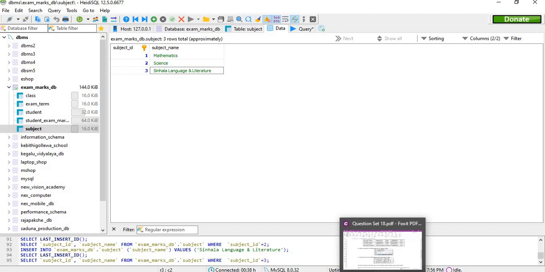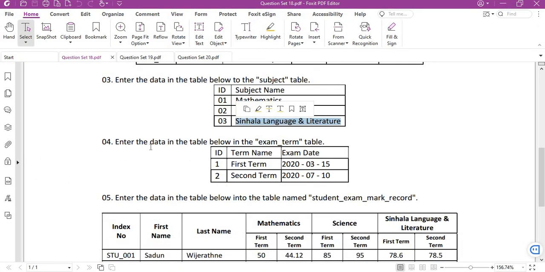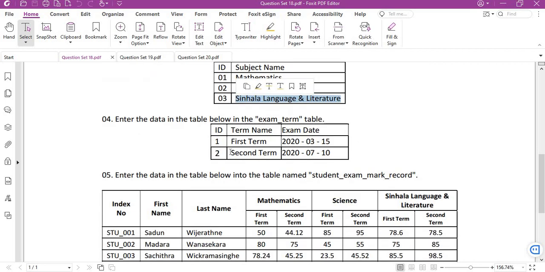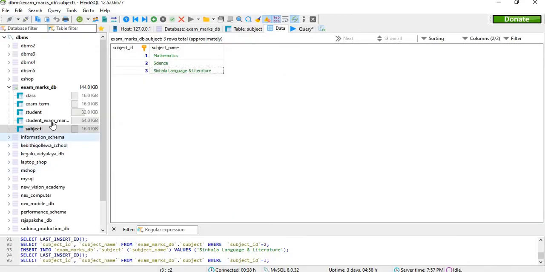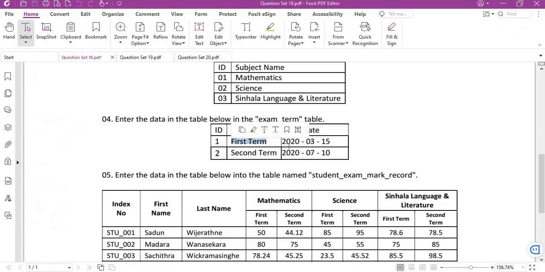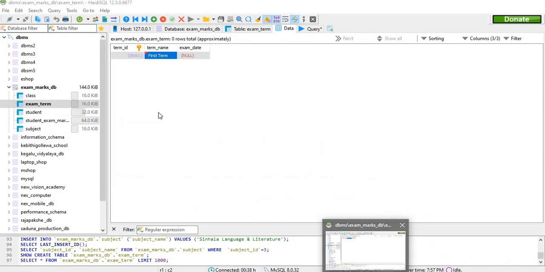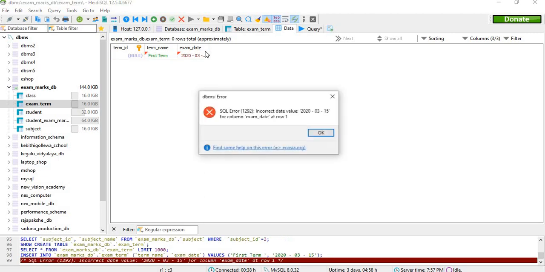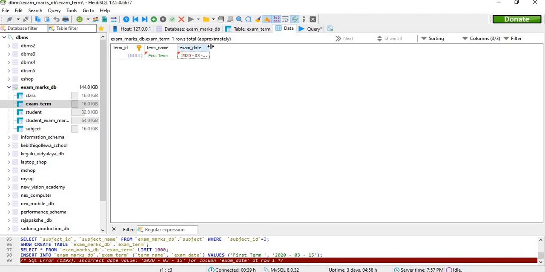Now we will move on to the next requirement, and we will enter the data to the exam term table as below. Like this we will enter the first term name, first term. Here we select the exam term table. Here term name, first term, and the date 2020 March 15. Here the date, I have to mention as